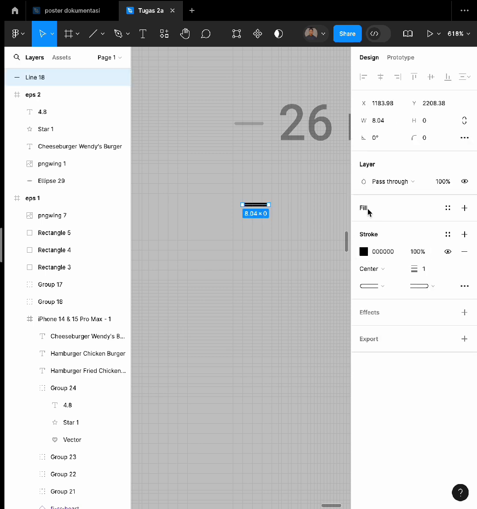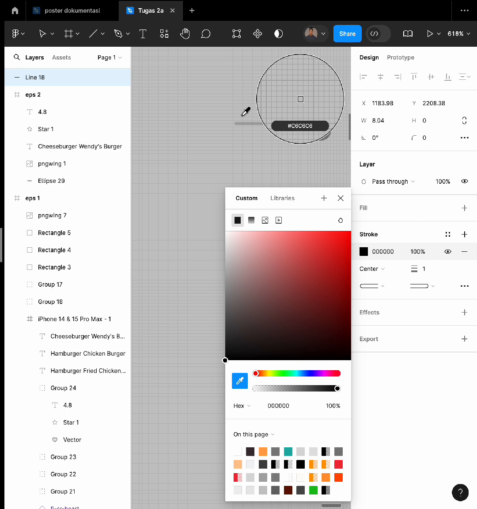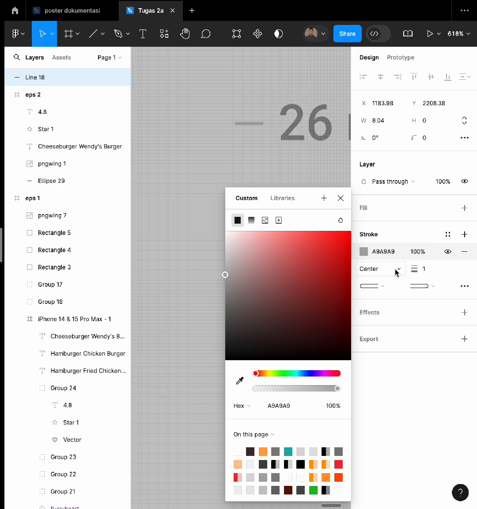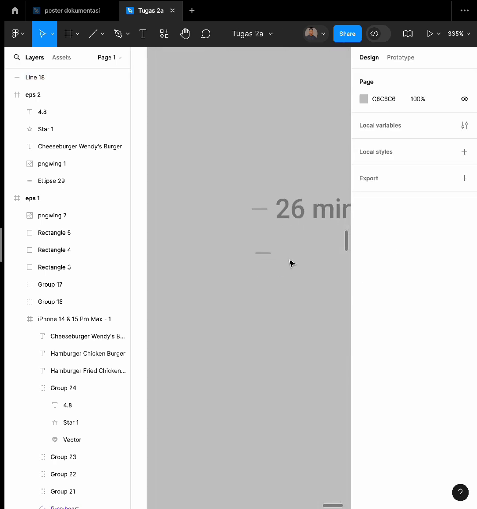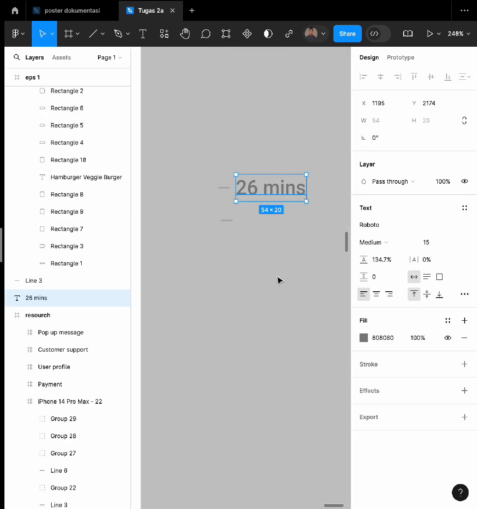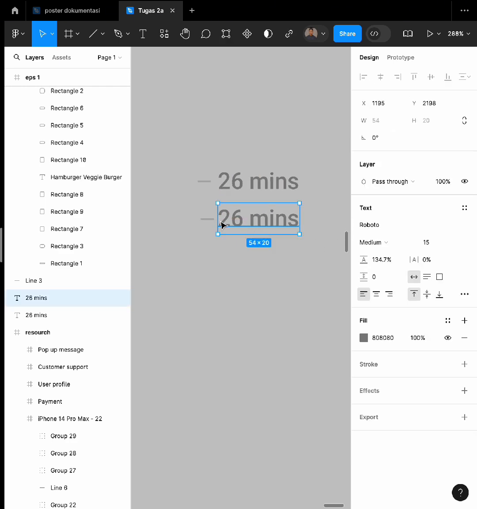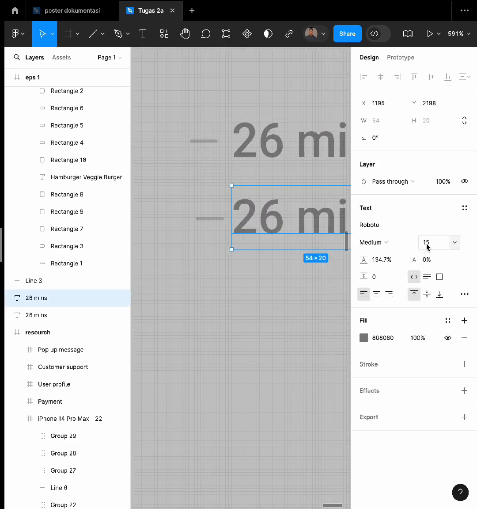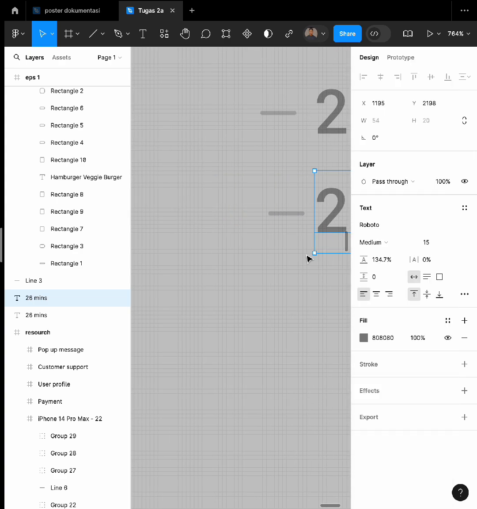And choose the color is A9 E9 E9. And with the Roboto size 15 with the medium type.